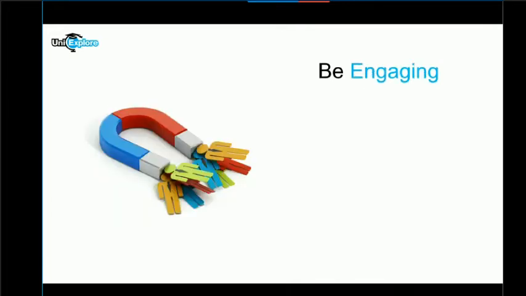Now, being engaging. Okay, so when you are having that coffee chat or that cold call, you have to be a bit of a magnet. Hence why I've put a magnet photo up here. You have to be an individual that people want to connect with. Because when you are going to a coffee chat or having a cold call with somebody, you don't want to come off as being robotic. You don't want to come off as being rude, because you want to come off as being a normal, happy,